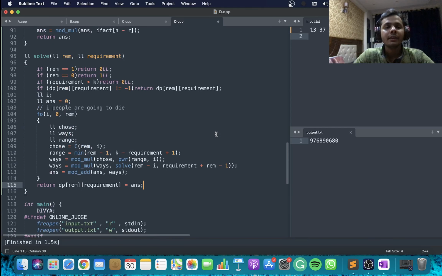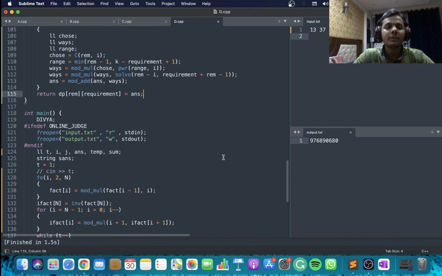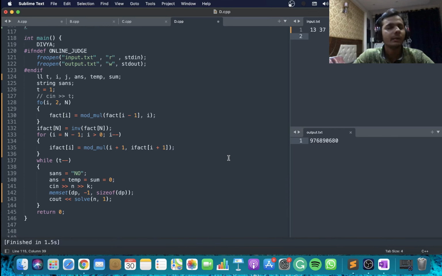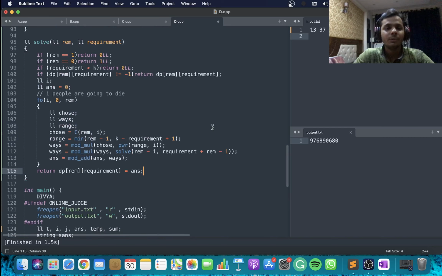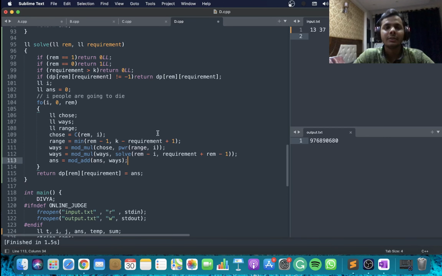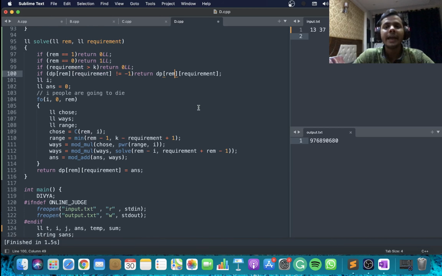And yeah, the solution is pretty elegant, and I hope you were able to understand this solution like 80 to 90%. I have tried my best to actually explain it really well, but I hope you are actually able to comprehend the solution, and you are actually able to understand how I came up with this state of dp and how to do it in general as well, right? So yeah, this concludes the solution to problem E, and that is the end of today's video.